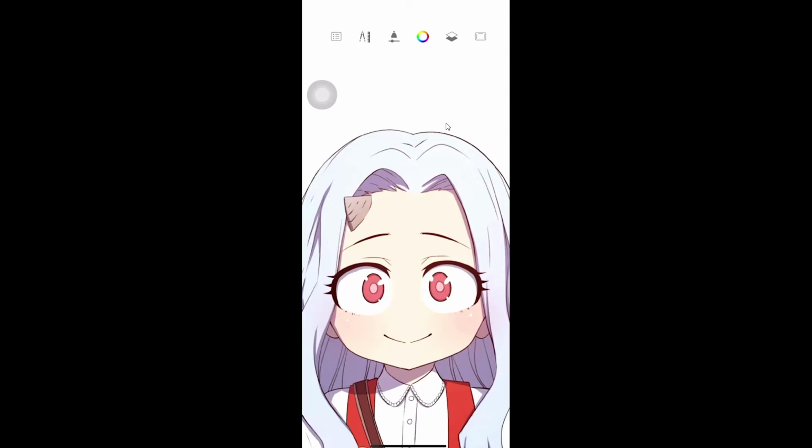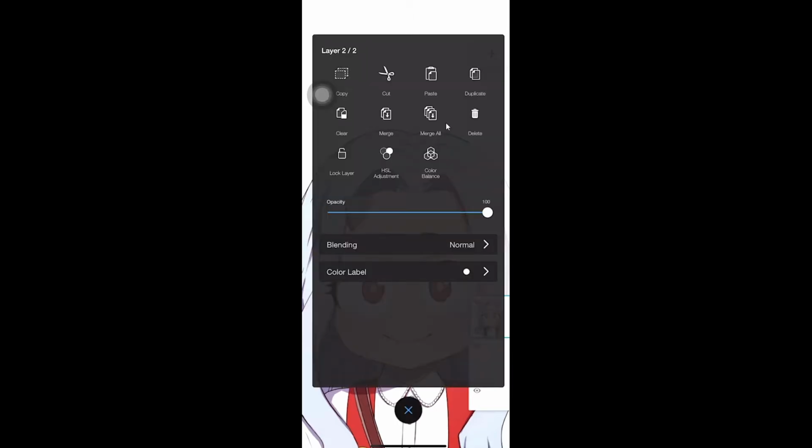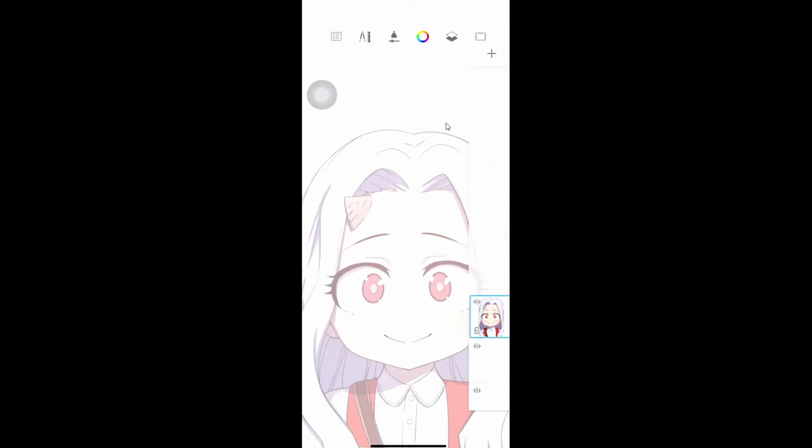So the next thing you want to do is pull up your layers panel. For me, it comes up on the second button from the right, and it looks like two sheets of paper, one on top of the other, or maybe one's casting a shadow. I'm going to click on the layer itself, because what I want to do is lower the opacity. If I just start drawing now, I might not be able to see the lines I'm making because the image itself is too dark. Then I'm going to click the plus button and add a new layer,